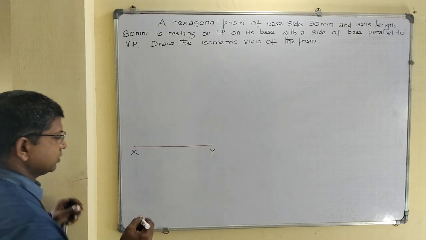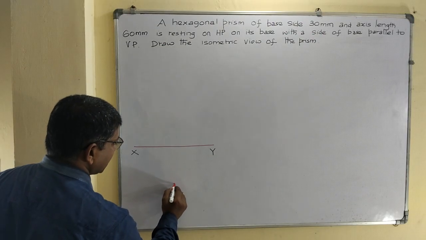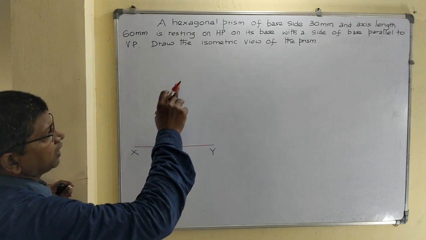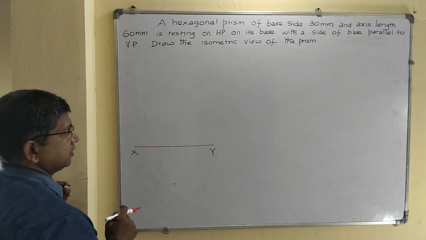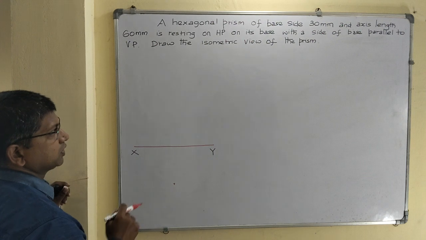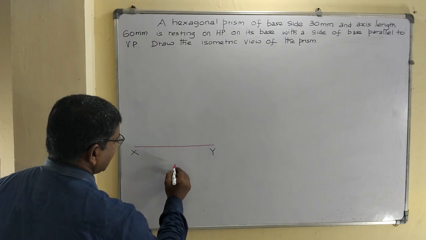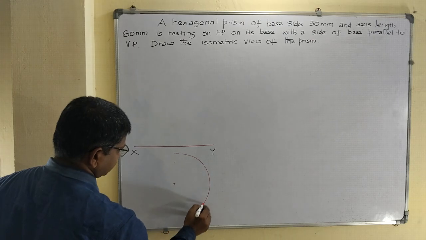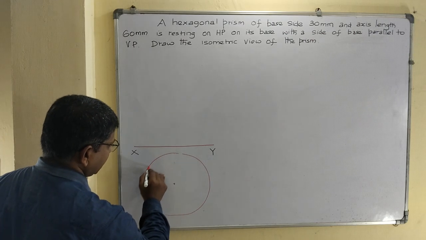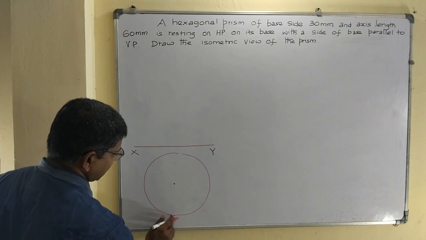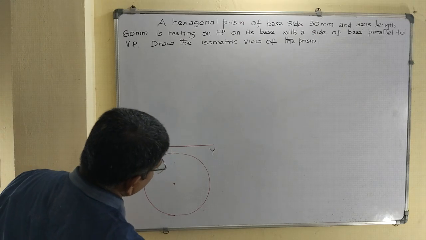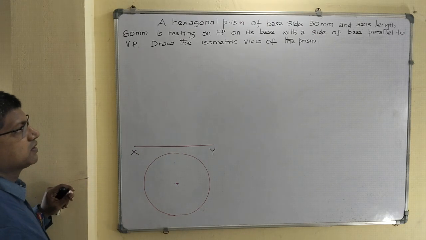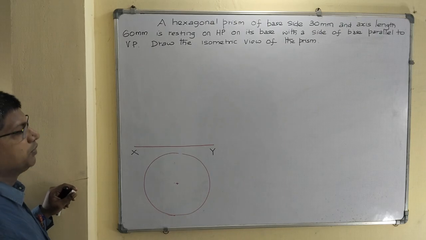How to draw the top view? Using a 2H pencil, draw a circle with radius equal to the base side, 30 mm as radius. Draw the circle first. And then, since two of the base sides are parallel to VP,